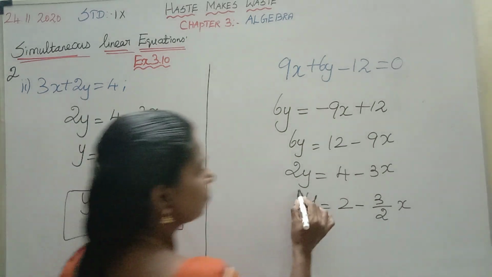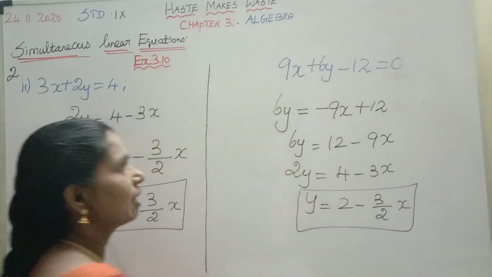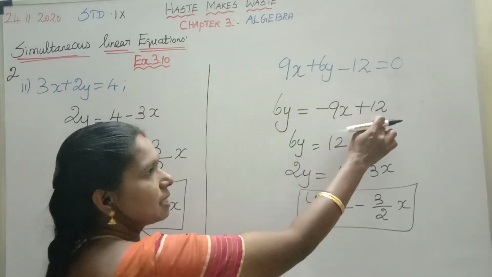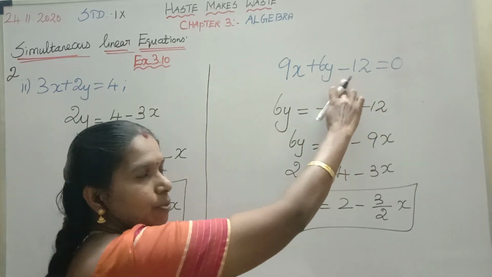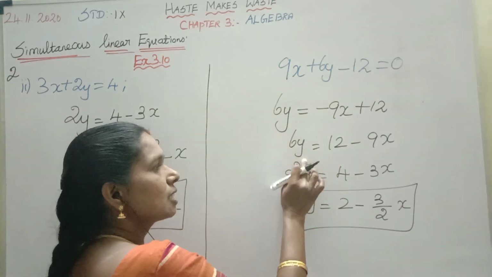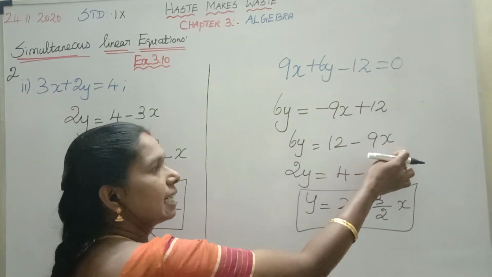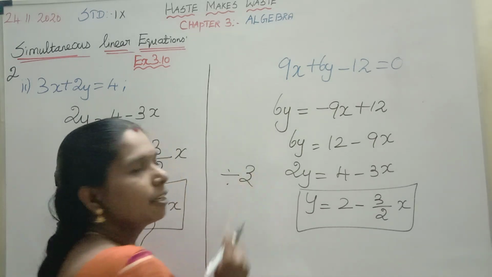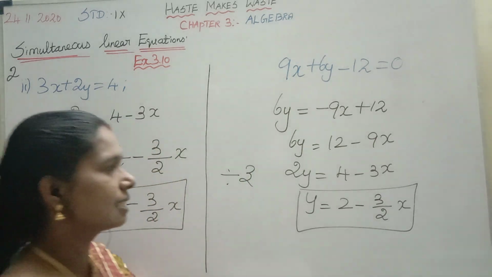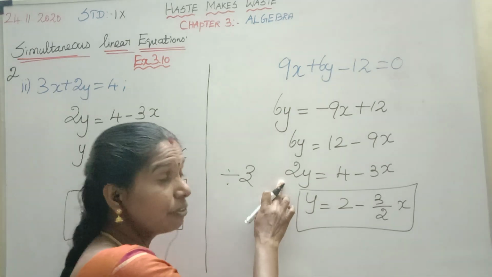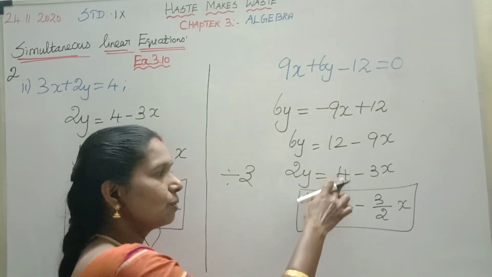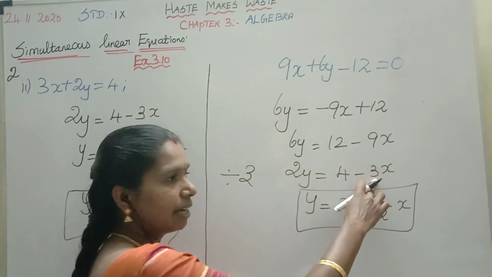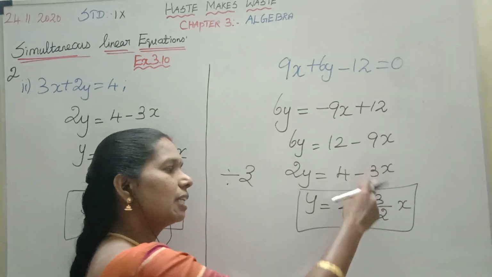Now check it. Here first I have converted into y equal to mx plus c form, where c is the constant. Minus 12 will become plus 12. Then 6y equal to 12 minus 9x, I had written like this. And divide by 3 table, you will be getting 2y equal to 4 minus 3x. Again we don't want the coefficient of y, take it to the division. So 2 by 2, here 4 by 2 I am getting 2. And here unable to divide because it is an odd number, so 3 by 2 of x.